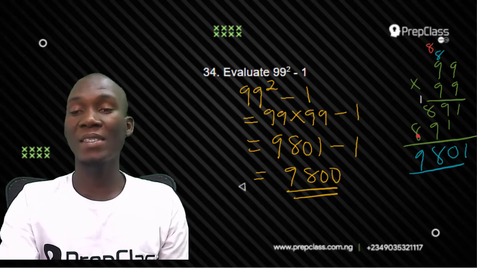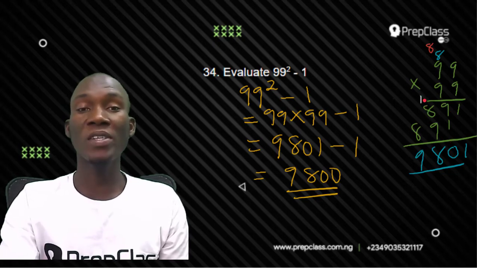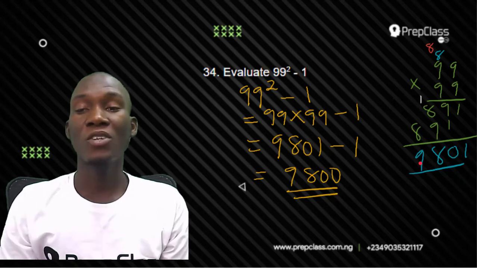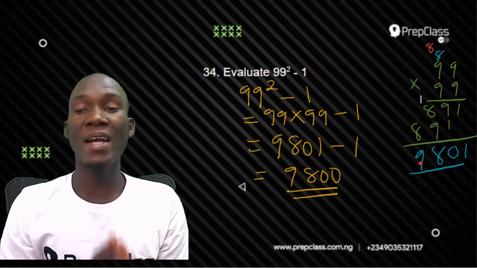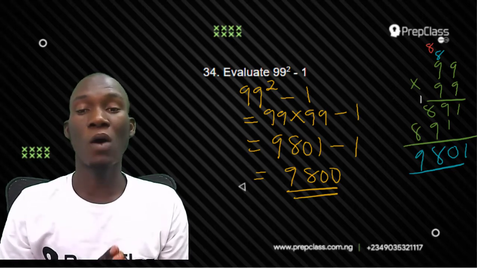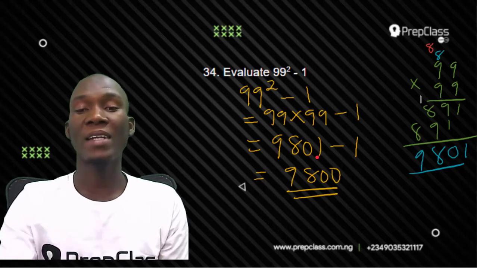So we have 89. So therefore, at this point we add. 1 will come down here. 9 plus 1 is 10. Write 0, carry 1. 1 plus 8, that is 9. 9 plus 9, that is 18. So we write 8, we carry 1. 1 plus 8, that is 9. So it means 99 multiplied by 99, the result is 9801. So we have 9801 minus 1, and that is giving us